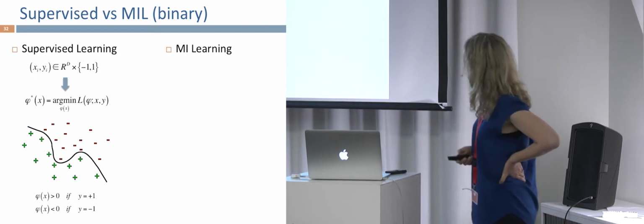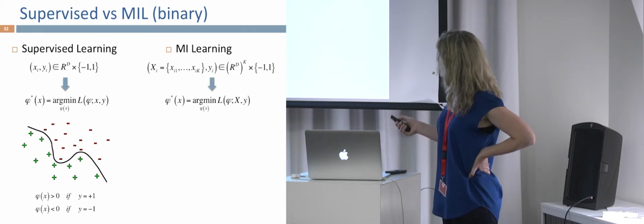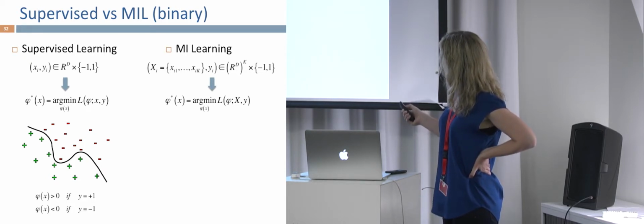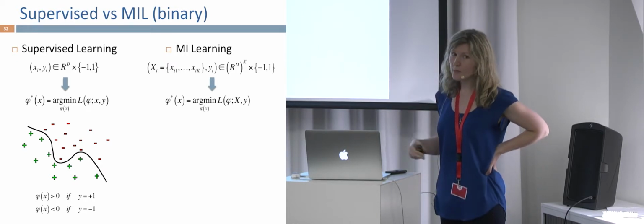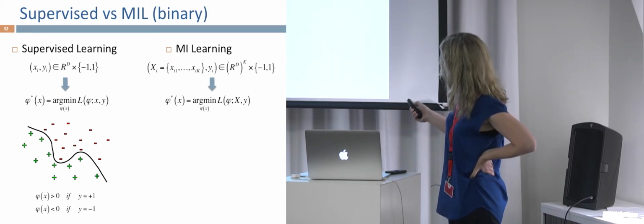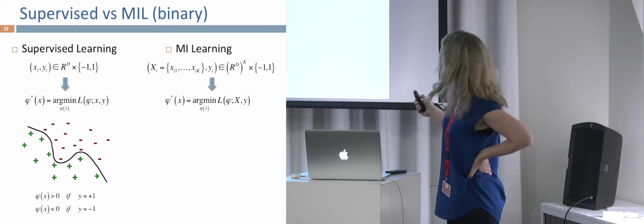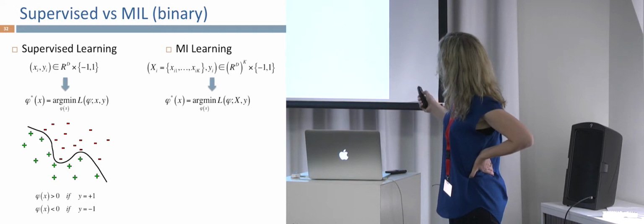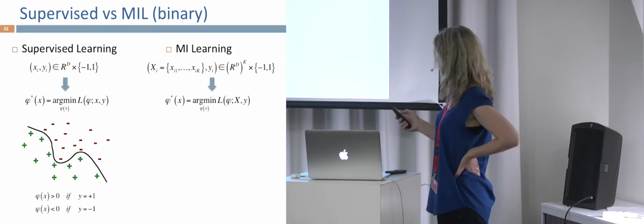Now, in multiple instance learning, things are different. Instead of a single example and a single label, we have a bag consisting of several examples and a single label. Again, we have positive bags and negative bags. The capital X_i is now a bag, and for simplicity, let's assume that each bag has k examples, which is not actually necessary. The bags still have labels of -1 or +1: -1 for a negative bag and +1 for a positive bag.